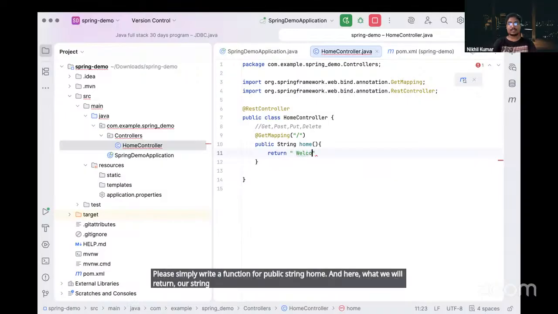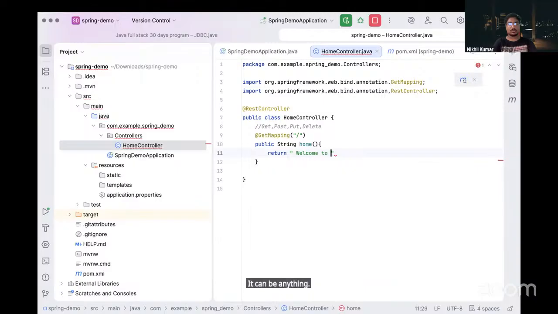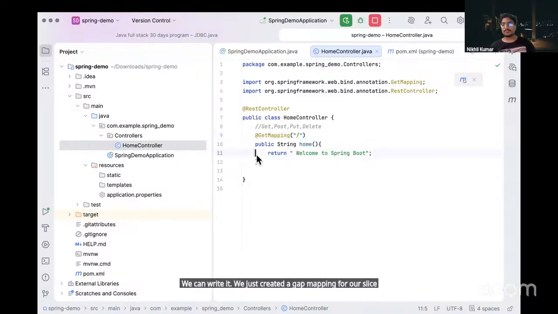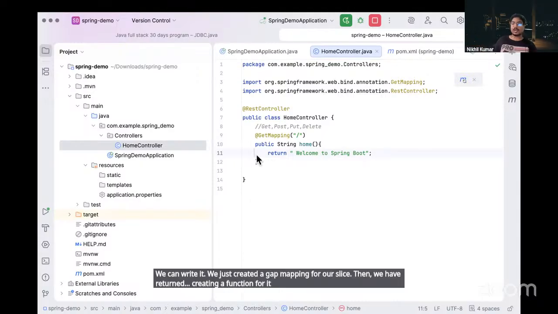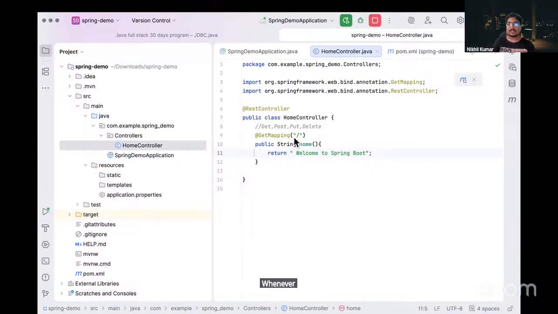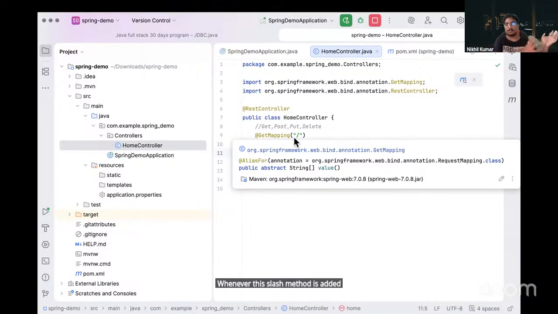It can be anything, like Welcome to Spring Boot. We can write it. We just created a get mapping for our slash, then created a function for it, and we are returning some string from our server. So our server returns this string whenever the slash route is hit from our browser.